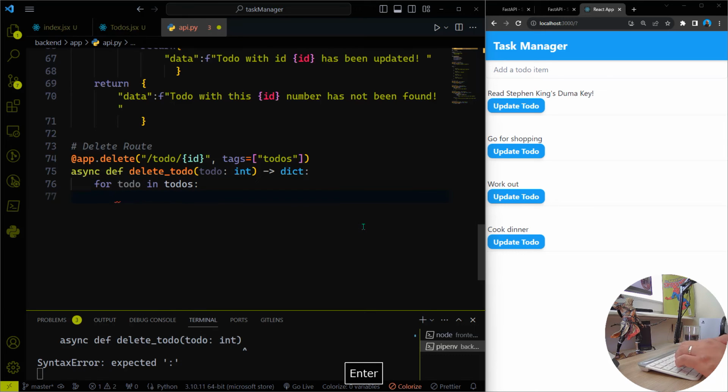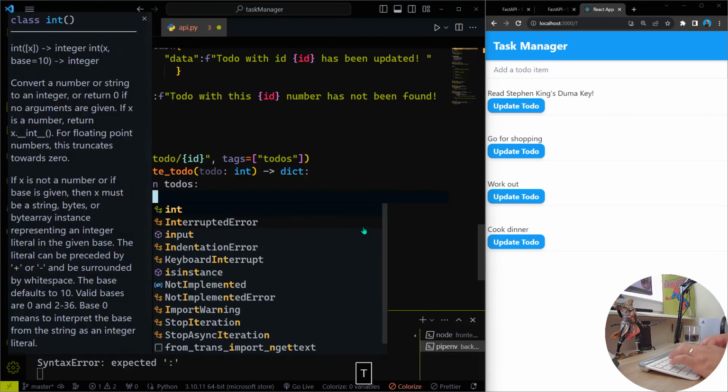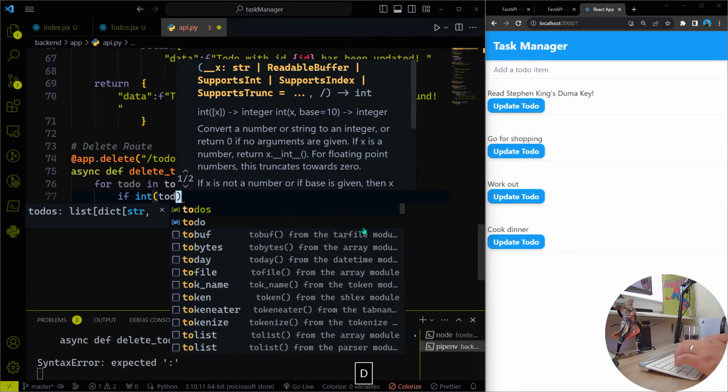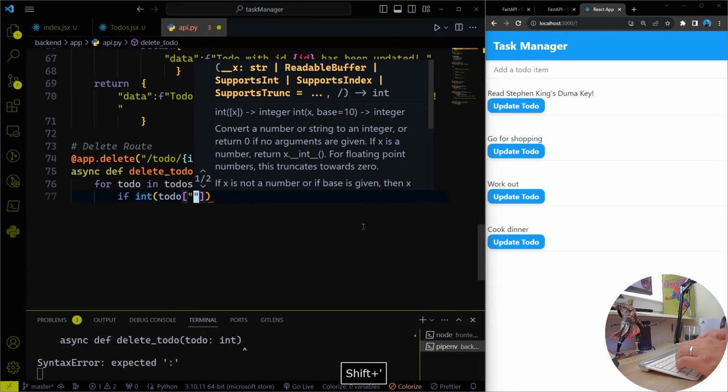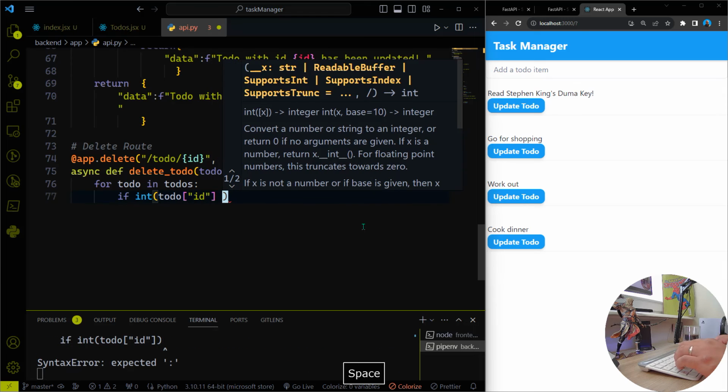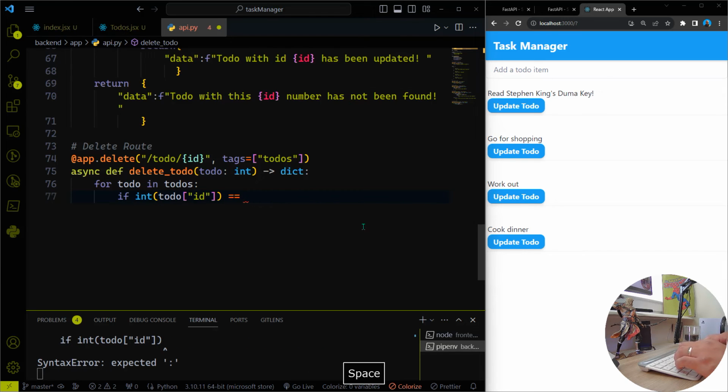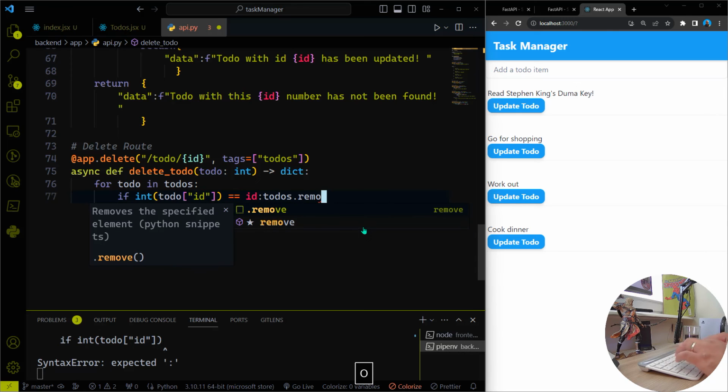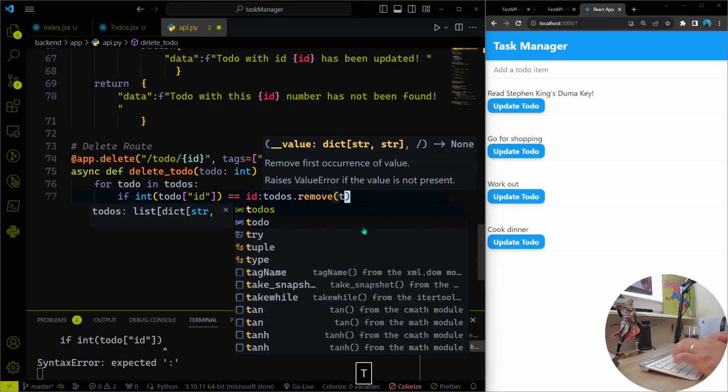So for to do in to-dos, I want to say if int of to do sub ID is equal to that ID, basically the same code as we did for the update, but instead of update we'll say remove, right? So we'll say here to-dos dot remove that to do,